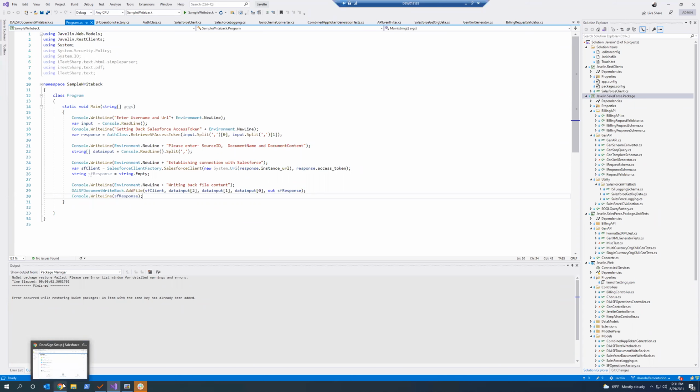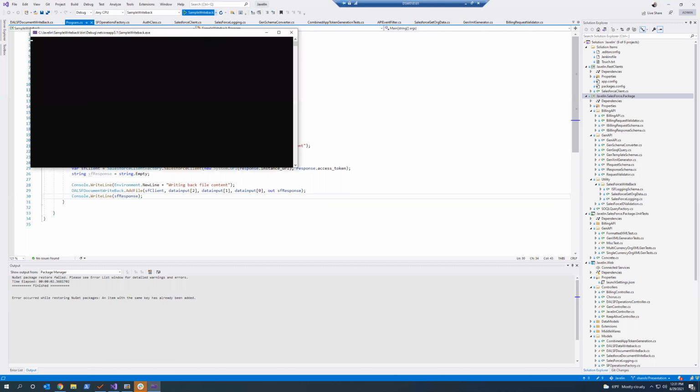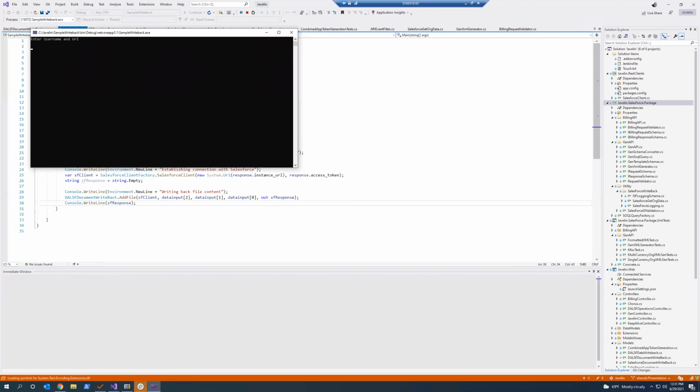So I'm going to launch this console application. The username would be my Salesforce username in which I have logged in. And this is a Scratch org. So my base URL would be this. And this is where the magic happens. Here you go. You have an access token. This will provide you the ability to talk to Salesforce. It is giving you an instance URL. The token type would be bearer. So the instance URL is what my instance is. This is where I'm going to talk to my org.